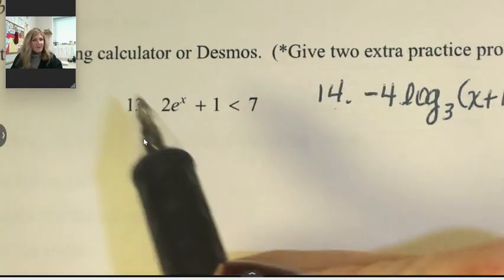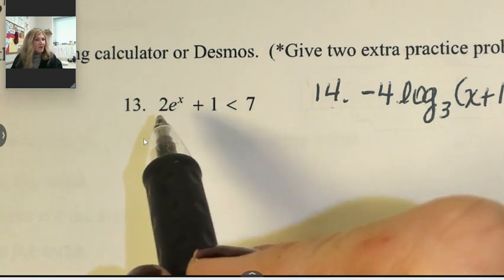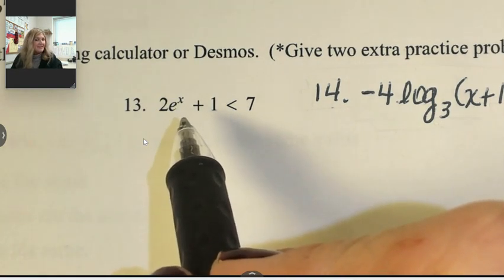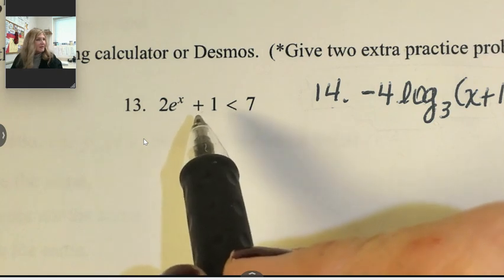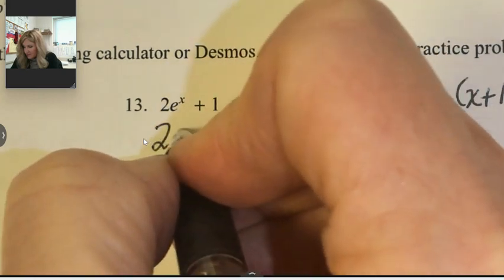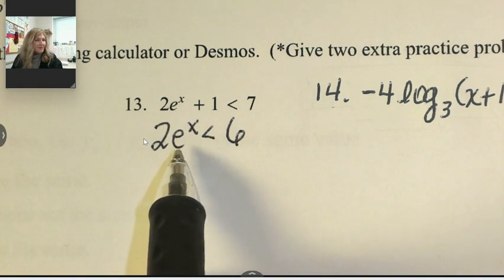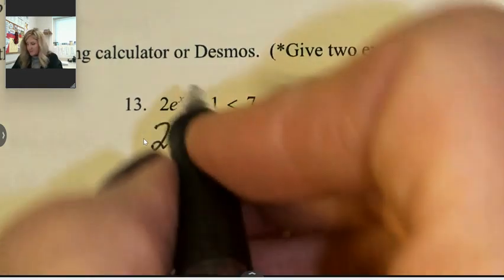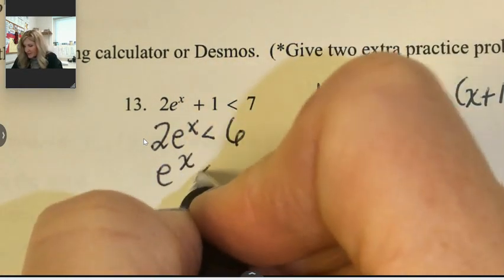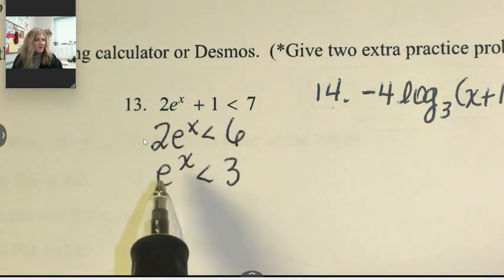All right, let's look at number 13. Anytime we're dealing with an exponential or a log, we have to get it as isolated as possible. So what am I going to have to do first? Subtract the 1. I still need to have that base by itself. So what am I going to do? So we're going to have e to the x must be less than 3. Now we're ready to do